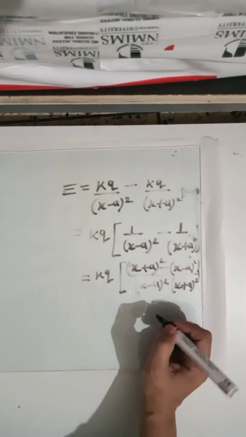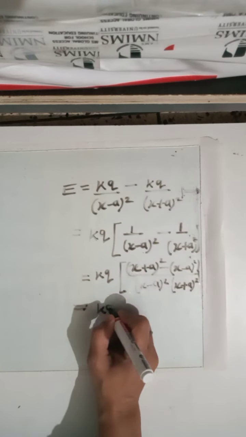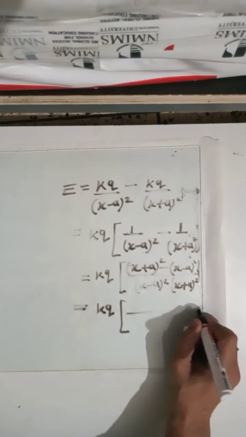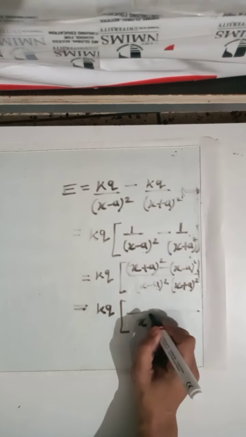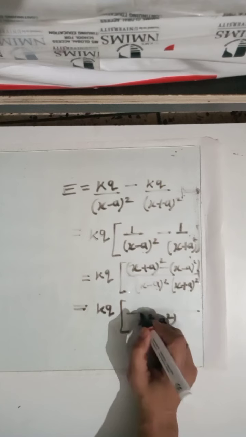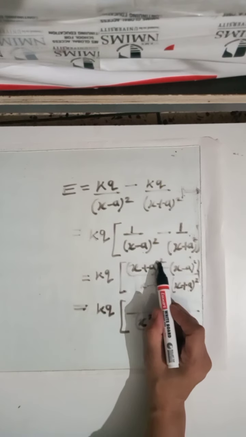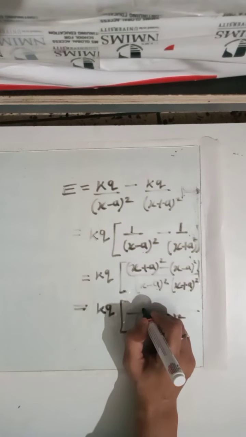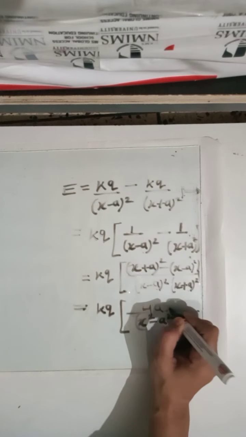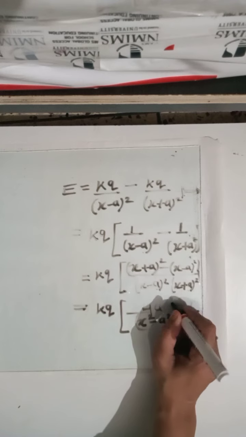Now solving these values, KQ comes out, and in the denominator you get A minus B times A plus B, which becomes A square minus B square, whole square. Now the numerator, A plus B whole square minus A minus B whole square. What is the formula? 4AB. That means 4AX. You can write it directly, do not solve it in the board examination.